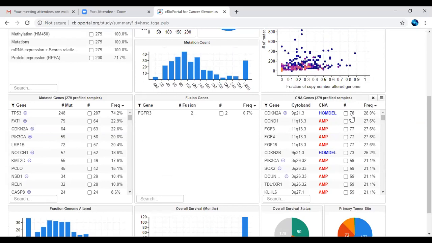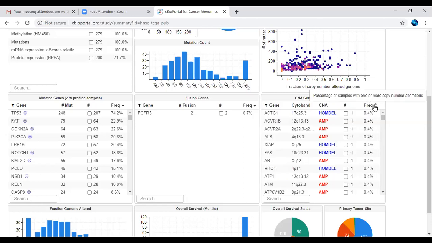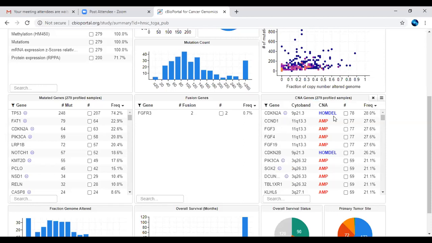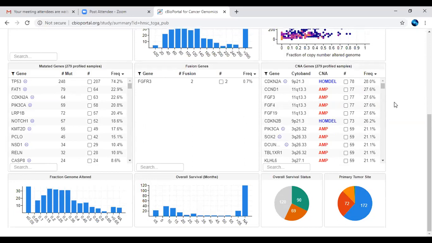Here they have studied 71, 78 samples, 77, and likewise. What frequency did they get? They got the highest frequency, that is 28. If you want to see the highest, you can see by clicking. This is the one particular gene with copy number alteration studied, and the frequency has been converted into 28 percent. You can even download this particular data from here itself.